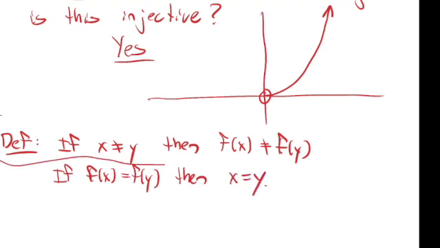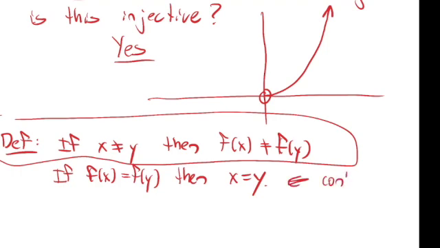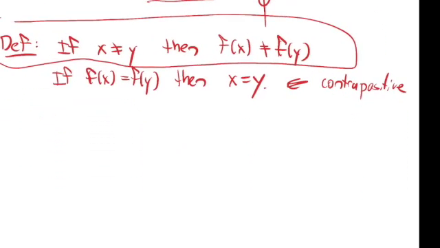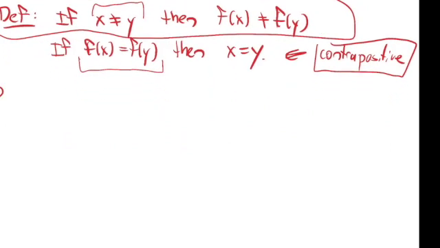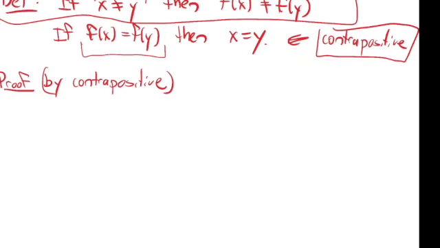So this is the strict definition over here, and this would be the contrapositive of that. So with these proofs, I would say oftentimes going about it with contrapositive is a nice way to do these injective proofs because it's a little bit easier to start with things that we know are equal to each other as opposed to starting with things that are not equal to each other. So to see how that would go,